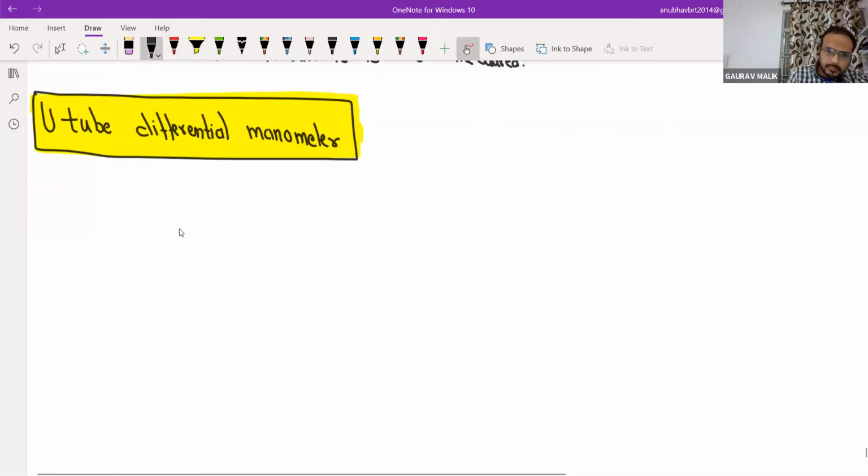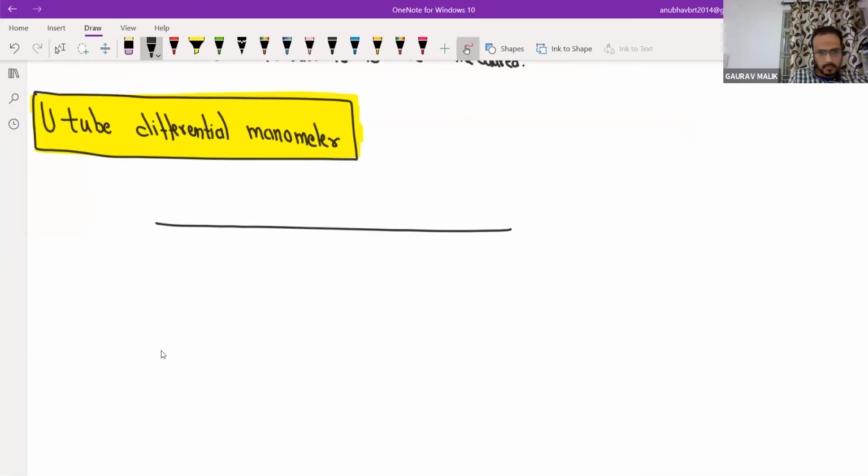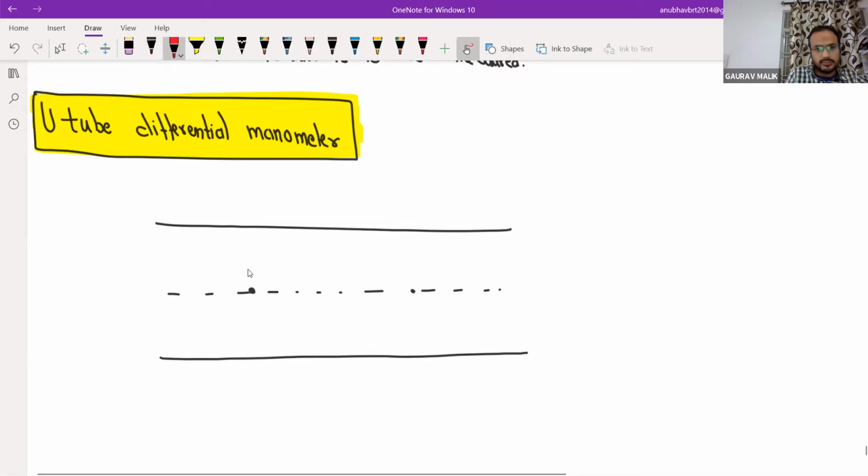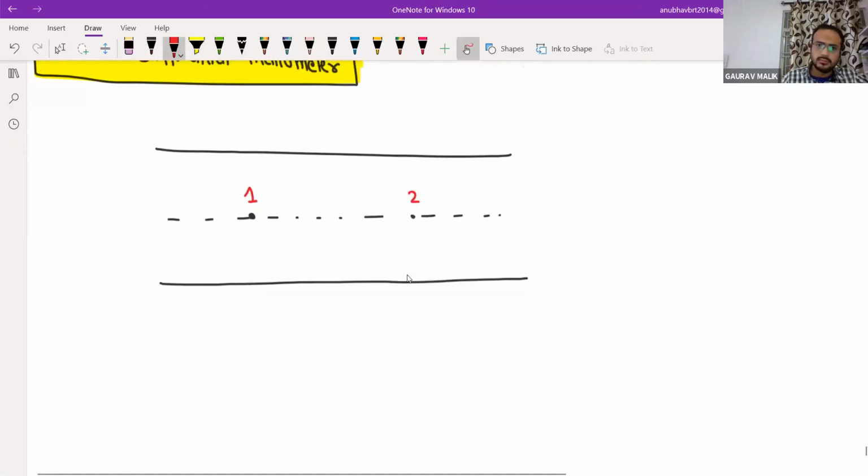Suppose you have a pipe and you want to measure the pressure difference between these 2 points. Assume this is point 1 and this is point 2. Then we will put